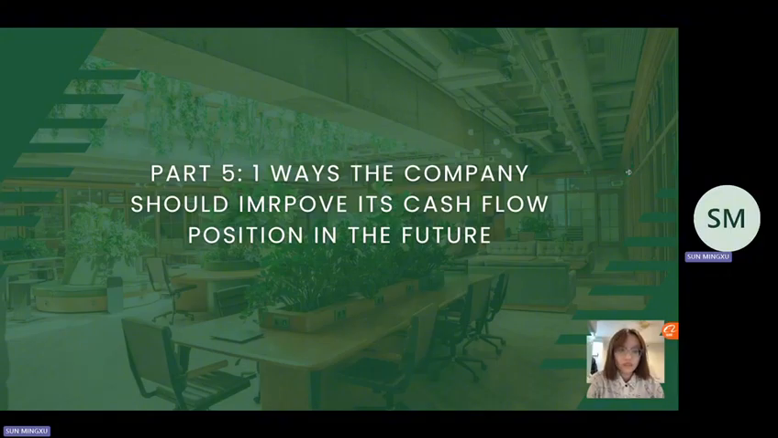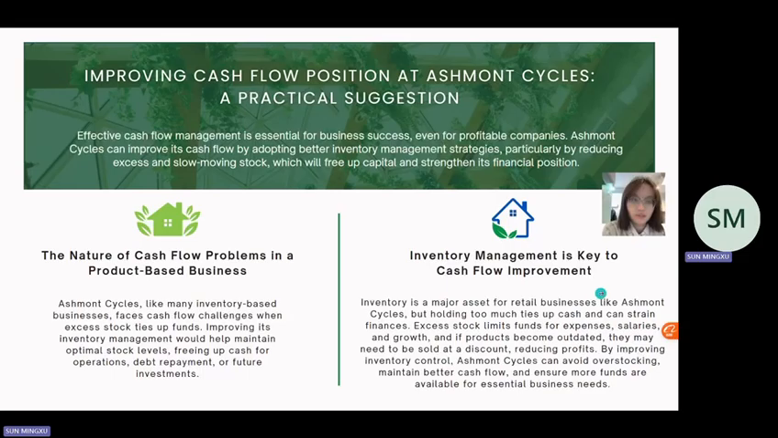So after the talk from Group 1, now I'd like to present the ways the company should improve its cash flow position in the future. Now what I want to present is how to improve the cash flow position of the Asimo cycle, which is a practical suggestion. Actually, we can find that to improve its cash flow position, the Asimo cycle should focus on